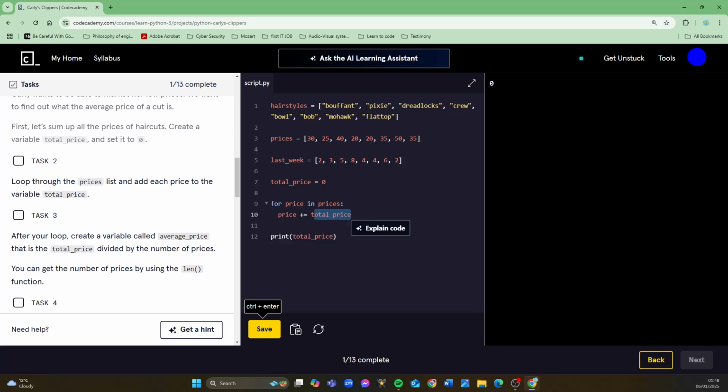What if I swap it round? Put price on that side and total_price on the other side. Perfect. So what went wrong there?